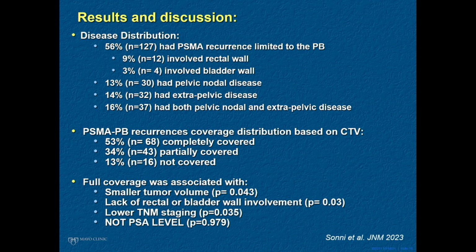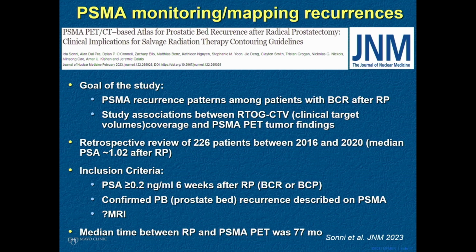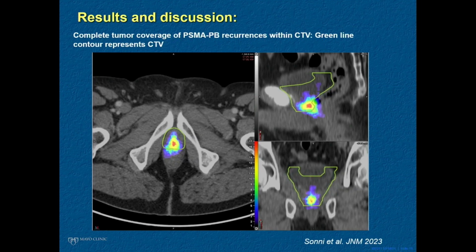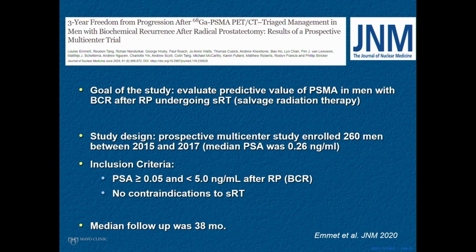This is an example of the potential. Oh, I think I went back, let's see. Example here, you can see that the green line represents the contouring of the salvage radiation, and you can see they would have missed some disease outside. So just to show you the potential value of doing PET imaging prior to salvage radiation, which obviously now is reflected in some of our disciplines' guidelines.